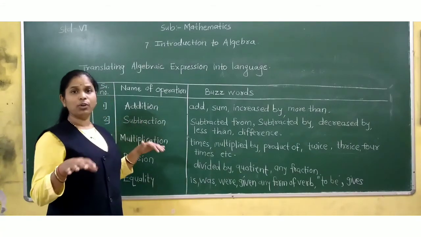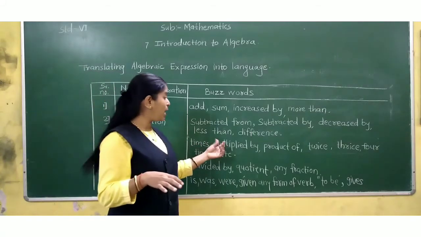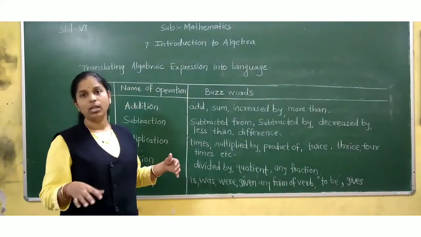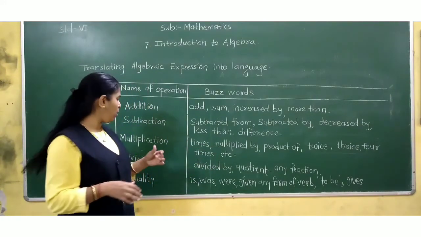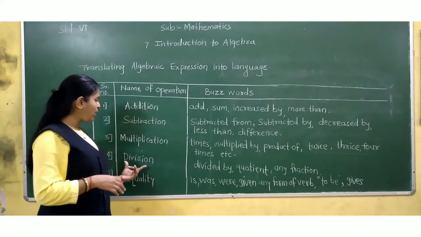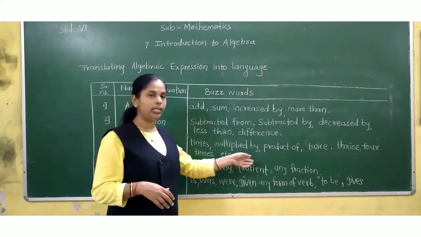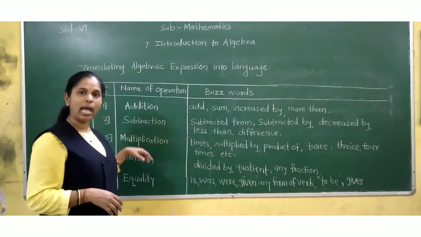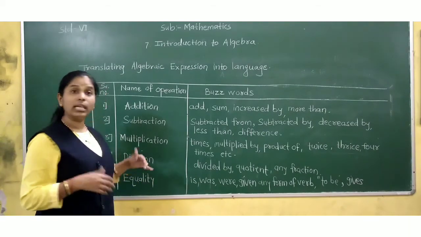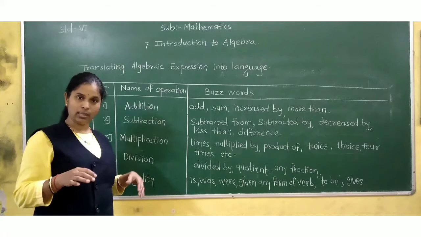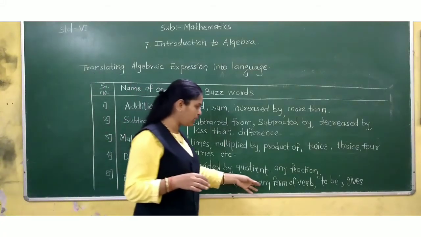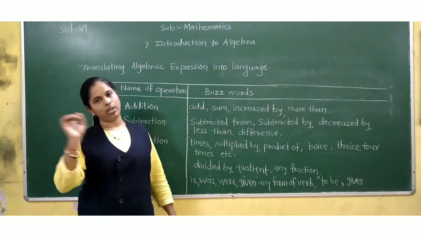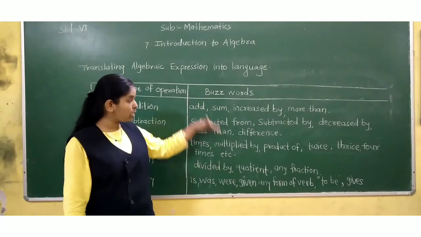For multiplication, which words are there? Times, multiplied by, product of, twice, thrice, 4 times, etc. If these words are there, then we have to use the multiplication sign. Next is division: divided by, quotient, any fraction. If these words are there in the statement, we have to use the division sign. Next is equality. When to use the equality sign? When there are words like is, was, were, given, any form of the verb to be, or gives. If these words are there, then we have to use the equality sign. So by using these buzzwords,